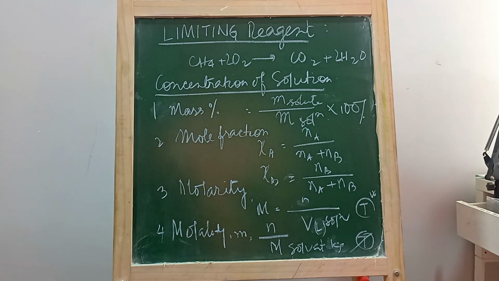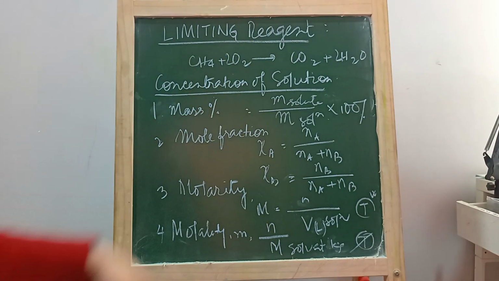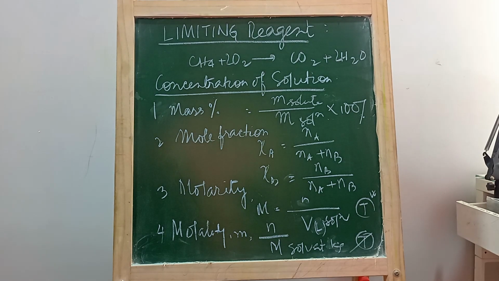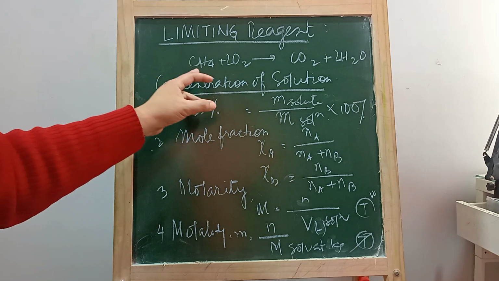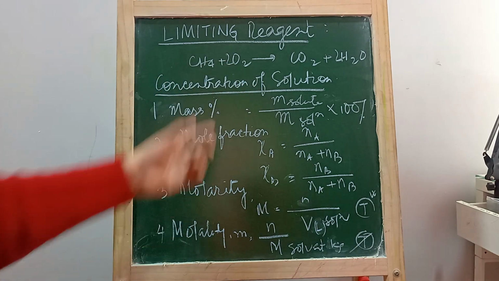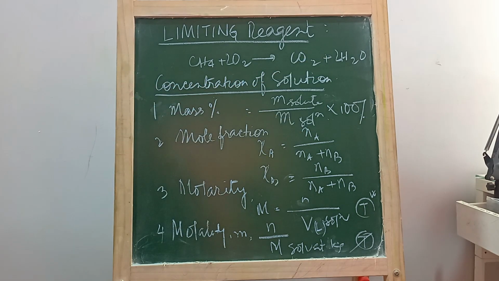It can be this also, depending on the kind of reaction and how many moles it requires. Right? So what is limiting reagent? Limiting reagent is a particular reactant which decides the quantity of the product that will be formed. Right? Now, what happens is